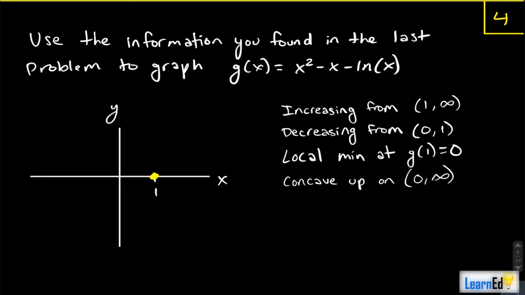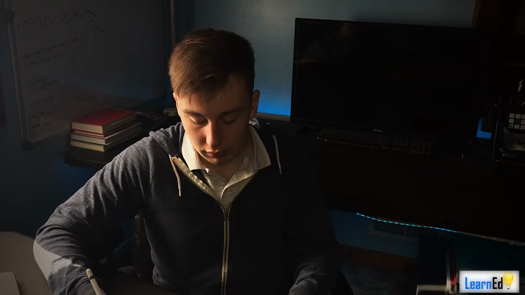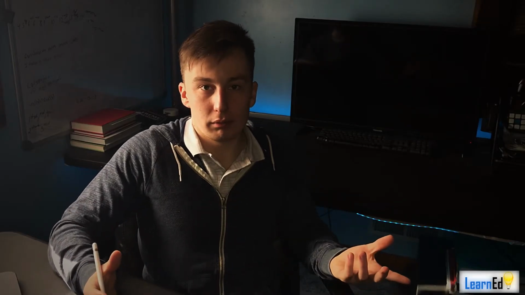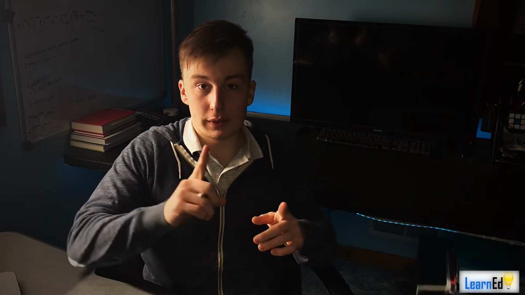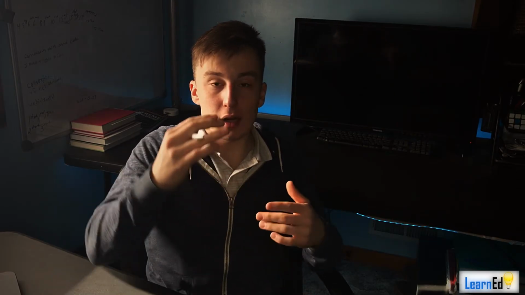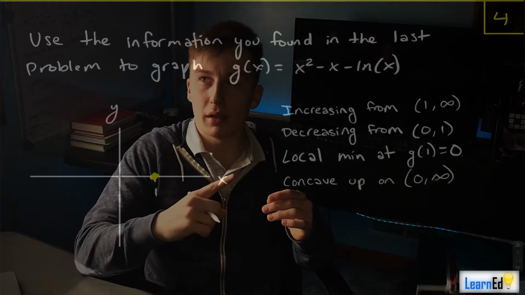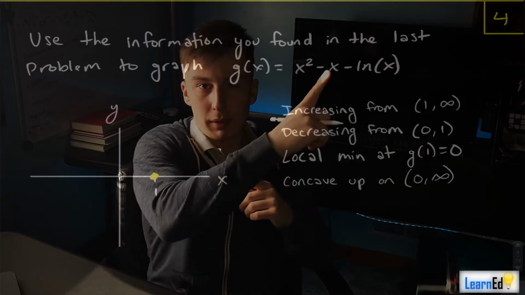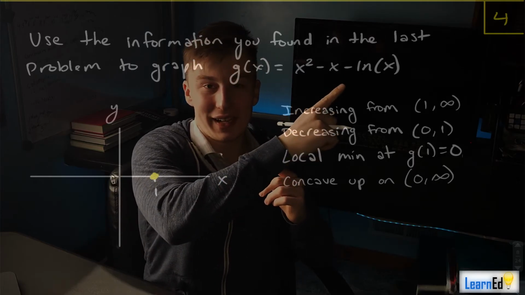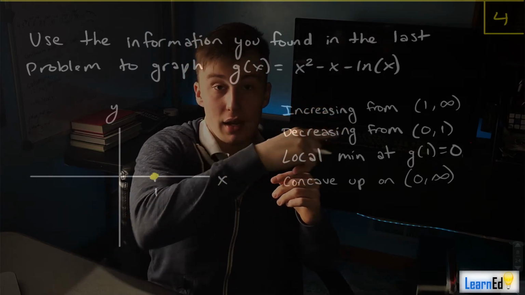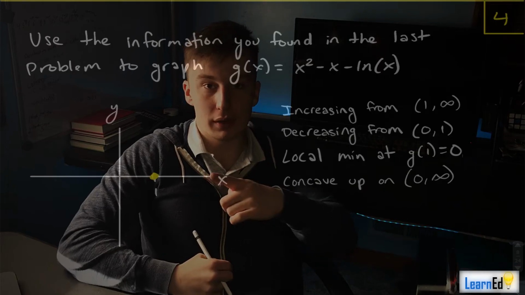And all this is saying is that it's going to look like a regular parabola in a sense. That's what this is, right? It's increasing from 1 to infinity, so it's not upside down, right? It's coming out of the point. This is probably the positive x direction, right? So it's going to look like that, and then since it's decreasing from 0 to 1,